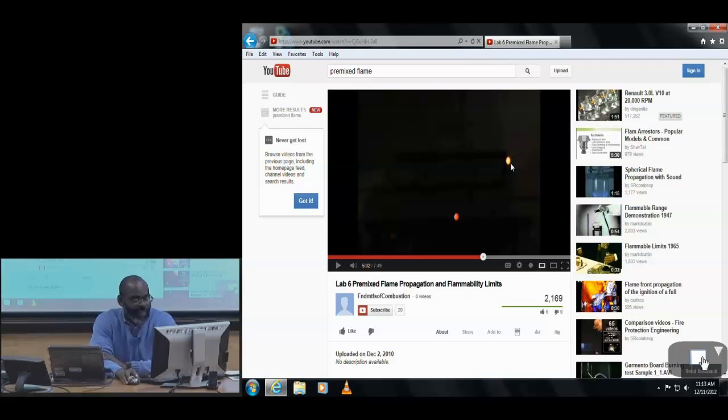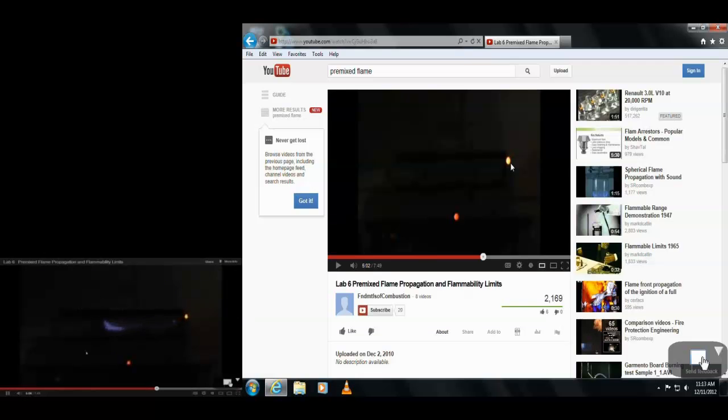So I wonder if I could do this full screen and play, okay? So here's the ignition, and there's the process. Let's take a look at that again. So, ignition, and I'm going to pause it after ignition. So you see that front and how it's leaning, and it's leaning because of the buoyant conditions in there, but